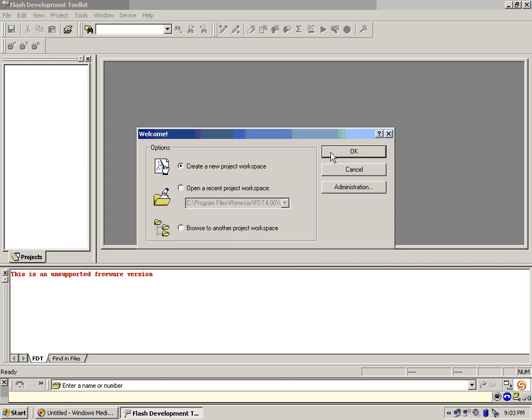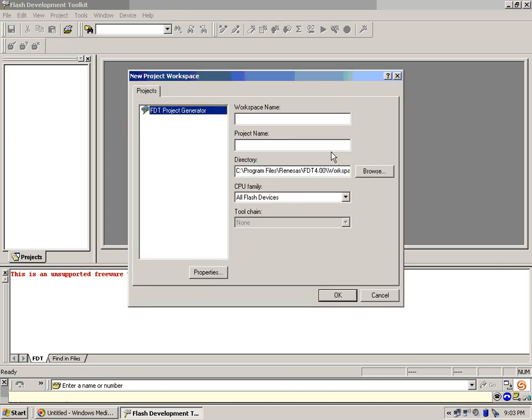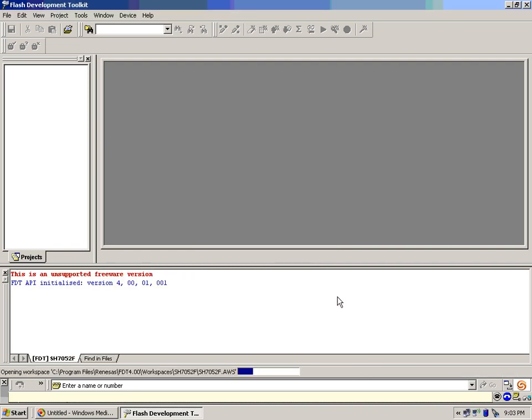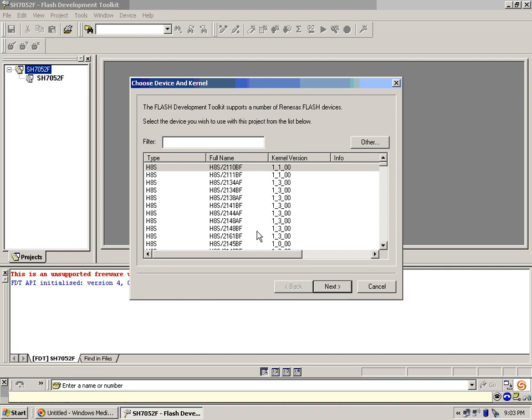Create a new project workspace. We'll hit OK. For a name, we're going to call it SH7052F. That's the name of the chip that's on the Hayabusa ECU. And we'll hit OK. Okay, then it's going to ask us to go through and actually find the chip that's on the ECU here. So we're going to go down until we see